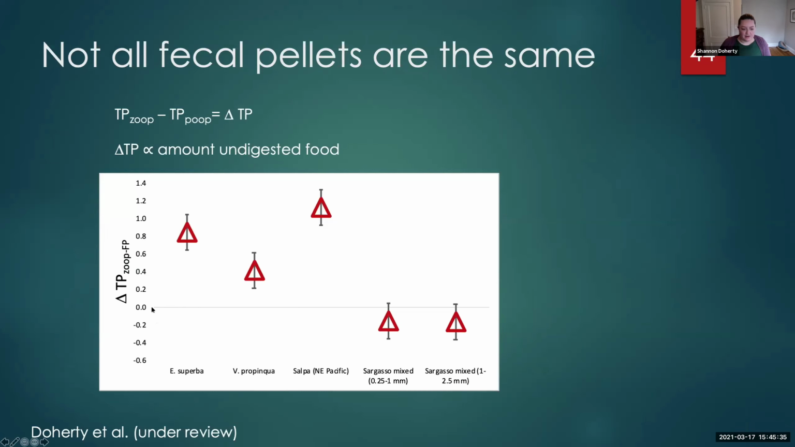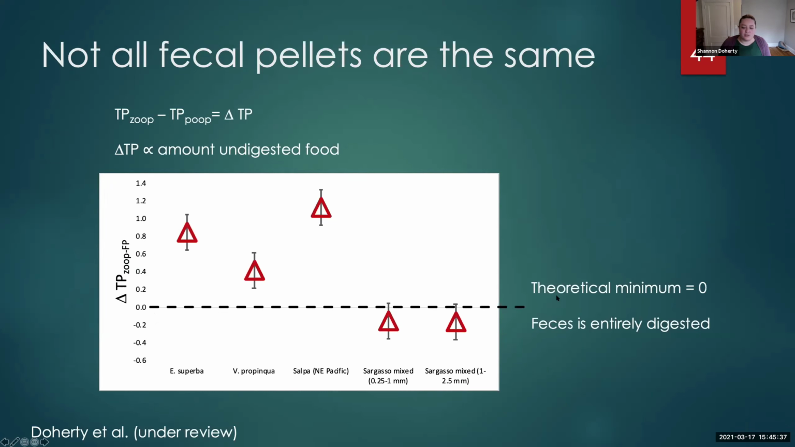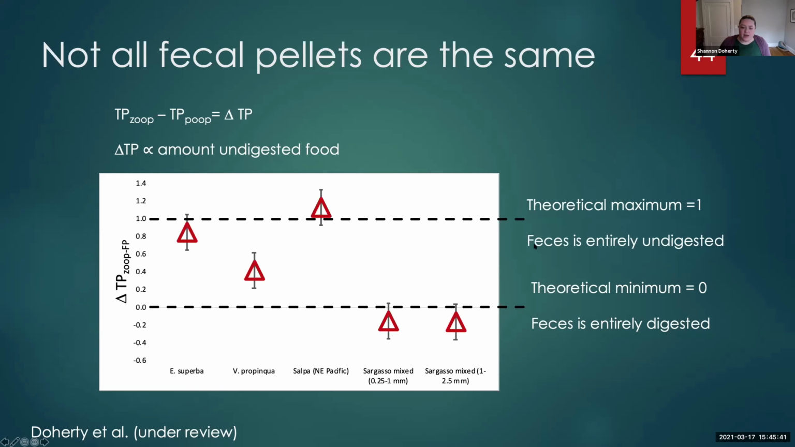We have our theoretical minimum for delta trophic position at 0, and our theoretical maximum of delta trophic position at 1. So 0 would be feces that are entirely digested, and 1 would be feces that are entirely undigested. And when we examine our fecal pellet zooplankton pairs in this space, the first one that stands out